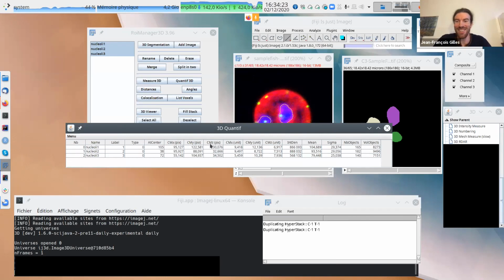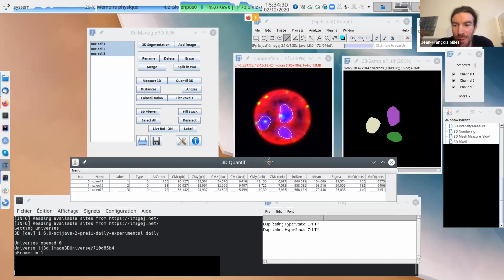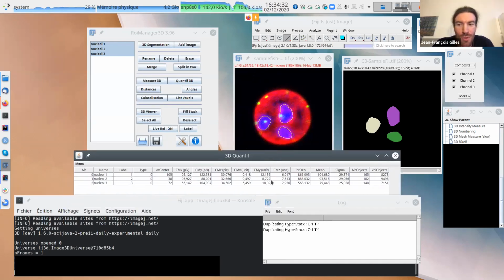Another question from Judith. If I have a 3D image of a tissue, can I make an intensity measurement of only the membrane of the cells? Okay, so we have this object, and you want the intensity not for the inside of the object, but only for the border of the object.